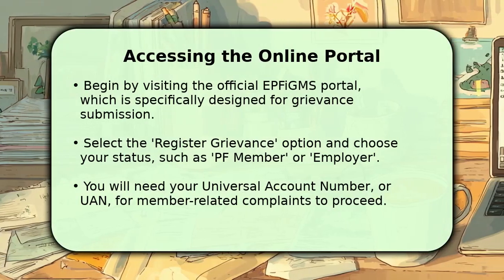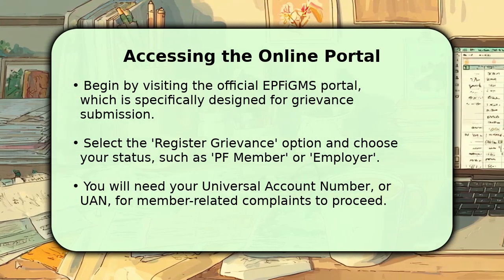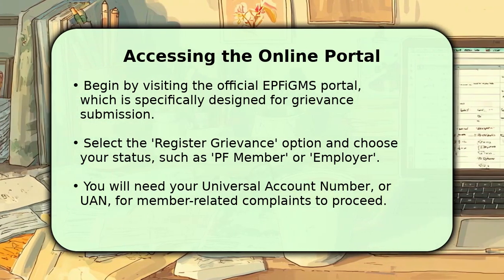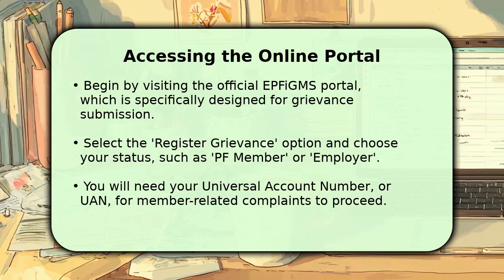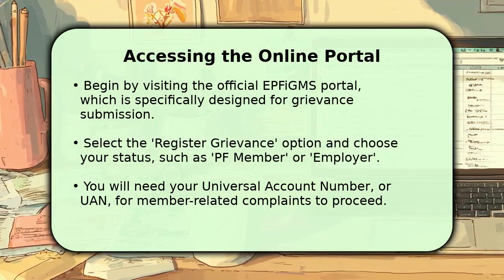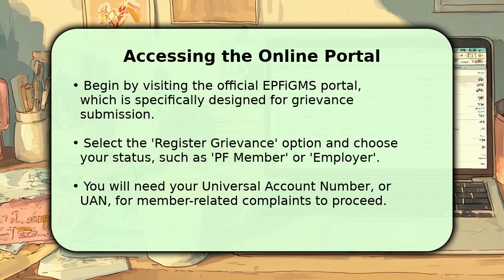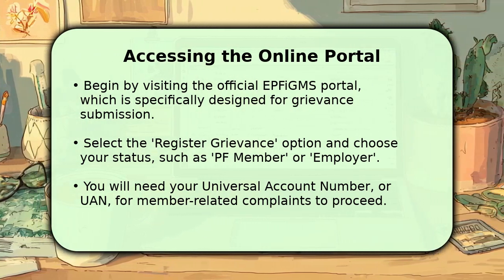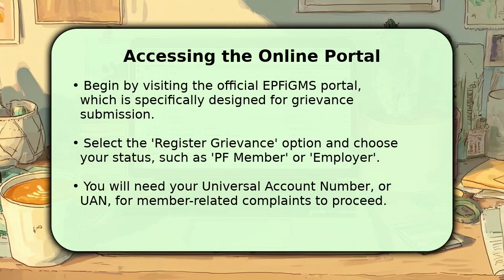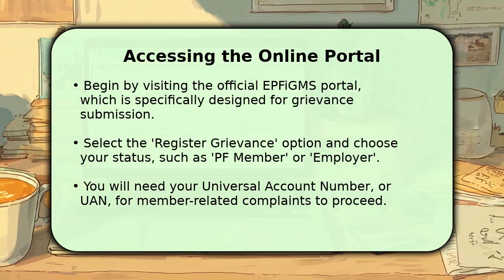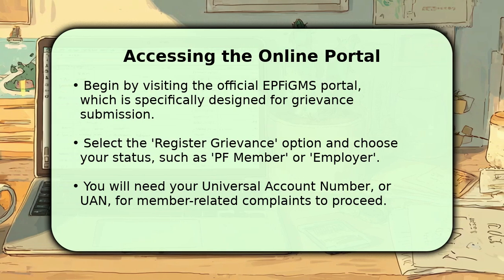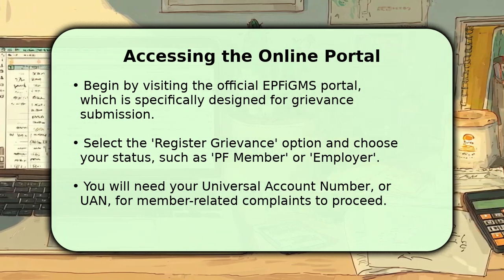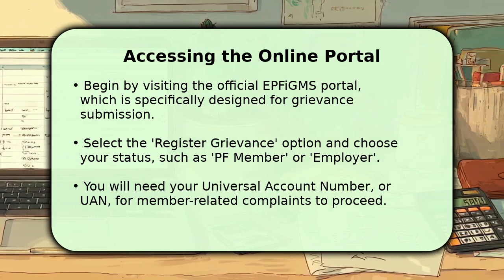To start, open your web browser and navigate to the official EPF Grievance Management System portal. Here, you will find a clear Register Grievance button. Click on this to begin your submission. It's crucial to select your correct status, whether you are a PF member, an employer, or another category, as this determines the next steps. For members, have your 12-digit universal account number ready, as it is essential for authenticating your